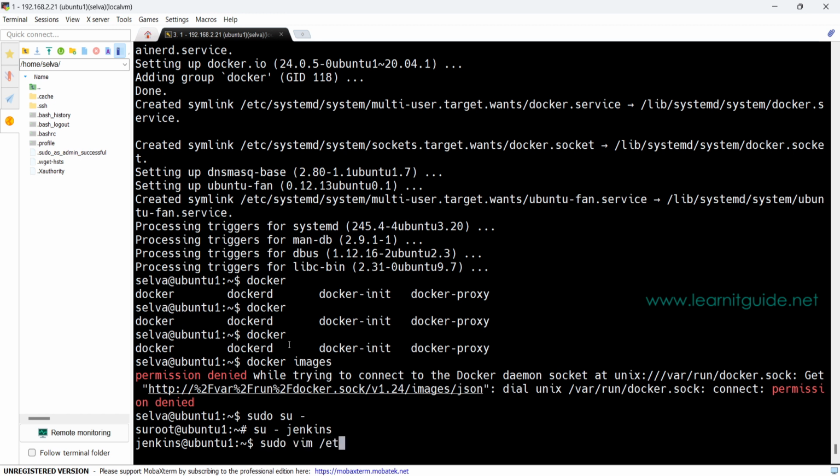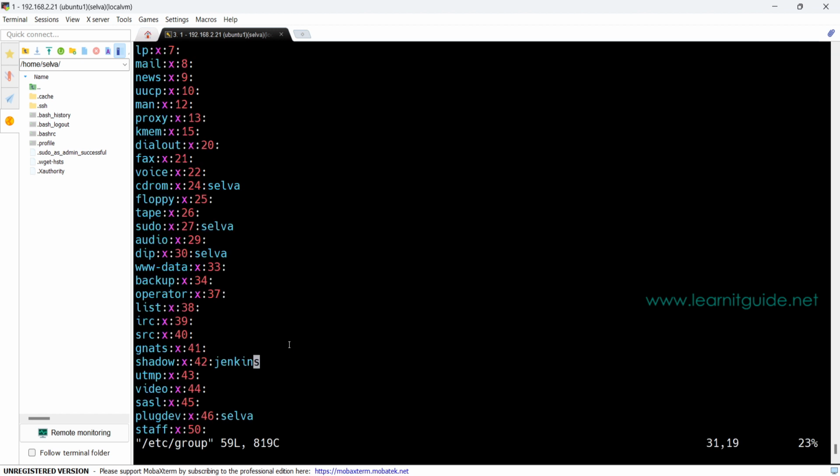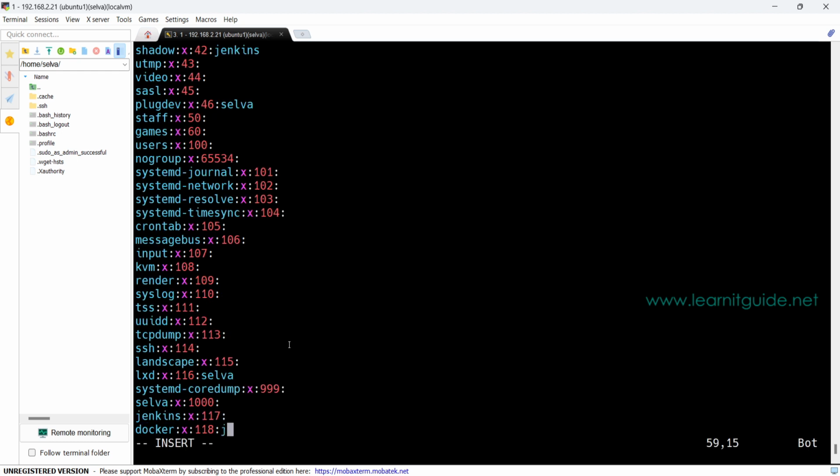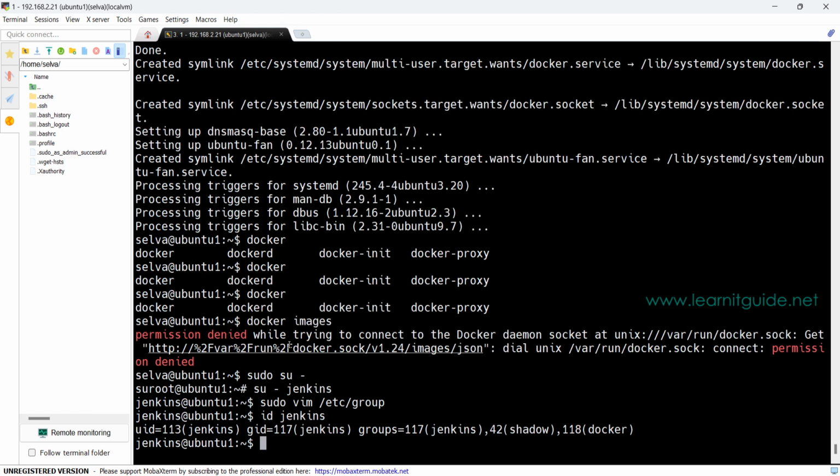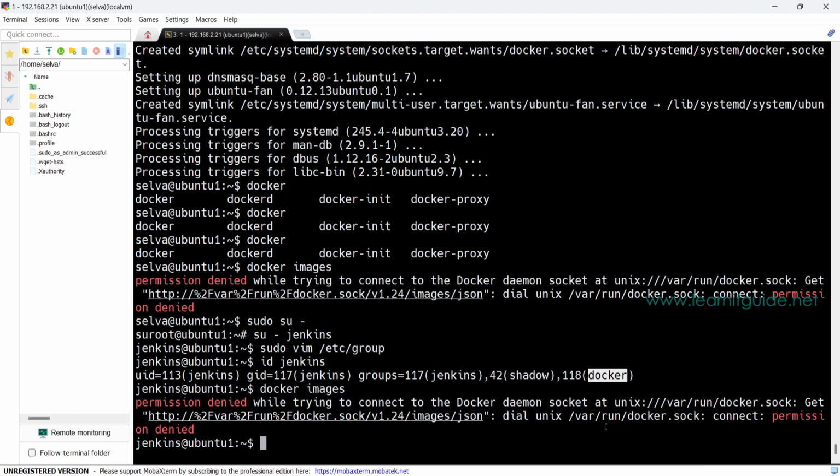Now open the group file, or you can use the usermod command to add your Jenkins user to the group called Docker. And if you are confident and sure about editing the files, then open this group file and search for Docker group and add your user. Now if you use Jenkins, well, Jenkins will be part of Docker group. Now if you run Docker image,